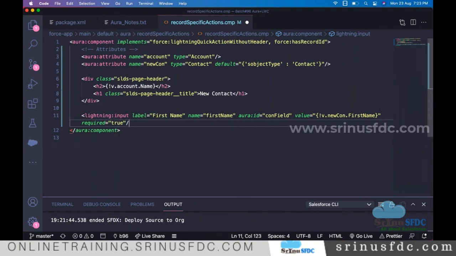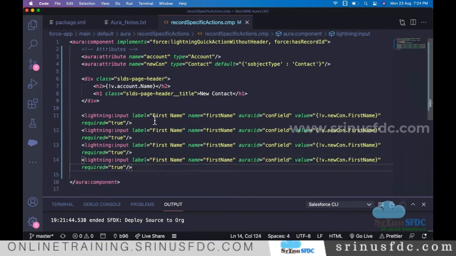You can make it required so that it will show the red star. Okay. Now, quickly, I'm going to paste all this. Now here, the last name: this label is last name, and whatever we enter should be stored in the last name.